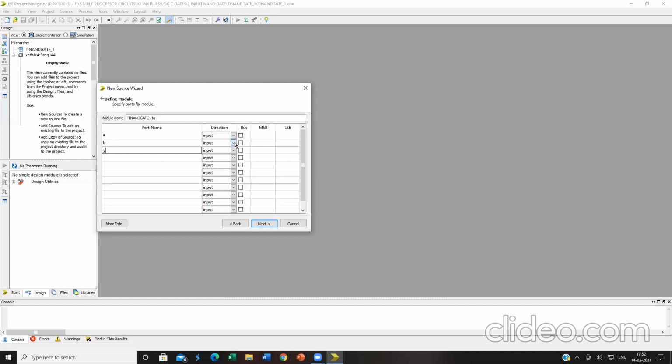Here the direction is being given. You can select what will be the direction, whether it is an input or output or in-out. In-out means bidirectional. Input and output means unidirectional. At the present case, for Y, select it as output. A and B are inputs. Y is the output over here.